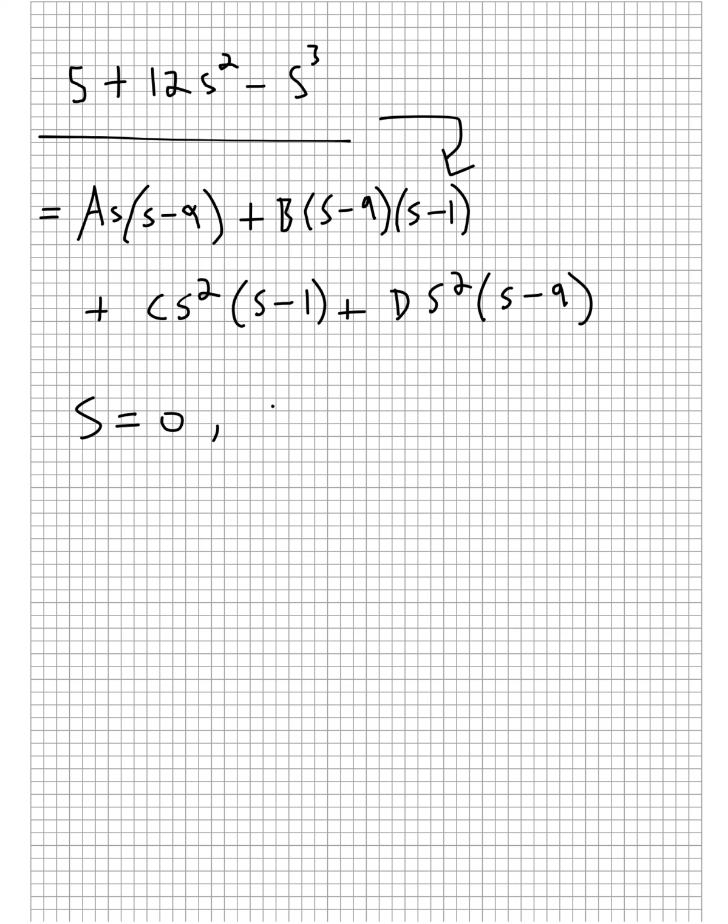So what this implies is we end up with 5 equals 9 times B. Okay, that's what we end up with. And so that implies that the term B equals 5/9. Okay, so what about the case where s equals 1? When s equals 1, we end up with 16 is equal to negative 8 times D. Okay, that's what we end up with when s is equal to 1. So this implies